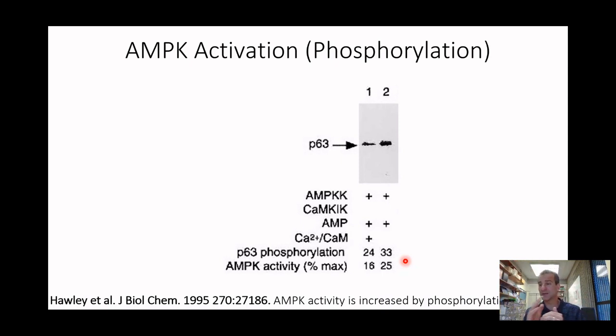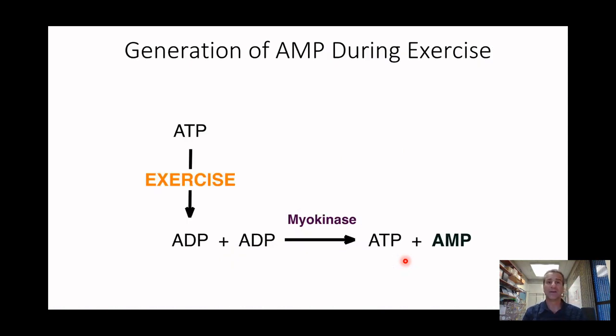But because it's phosphorylated, it's not as quickly as we regenerate or take the AMP and regenerate it into ATP. So what the phosphorylation does is it elongates or lengthens the signaling cascade. So what happens here is to generate AMP or ADP, basically what we're doing is ATP is being used during